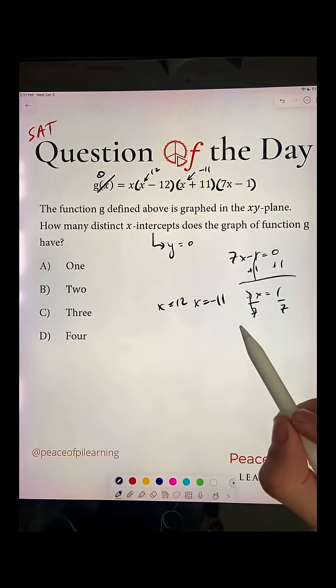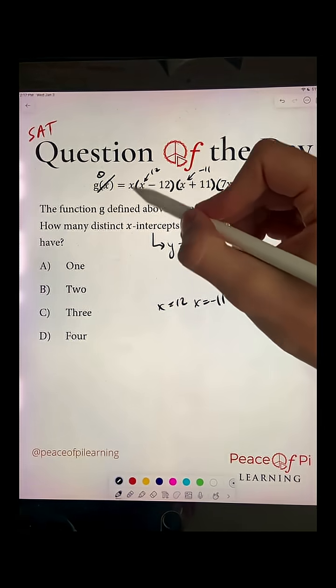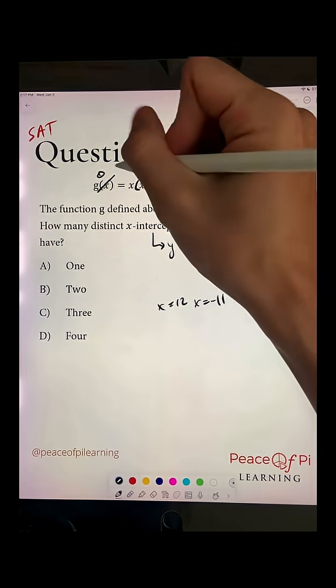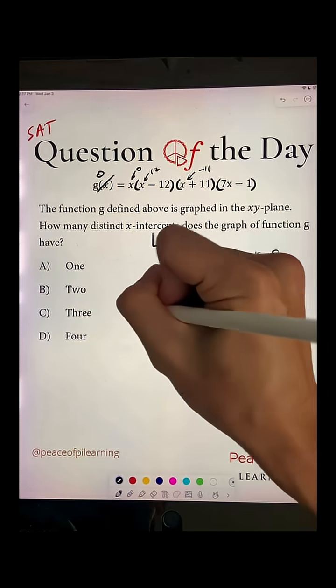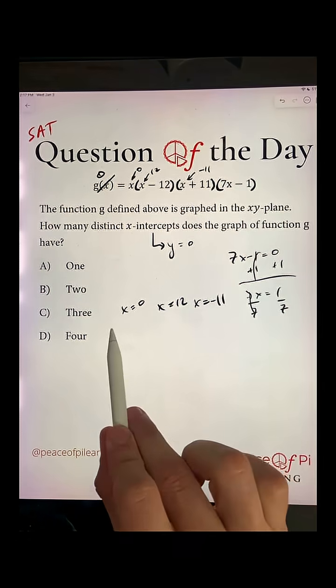And most people will stop there and get it wrong, and they forget that whenever there's an x there, guys, that it could just be 0, right? X equals 0 is another intercept. So there's actually 4